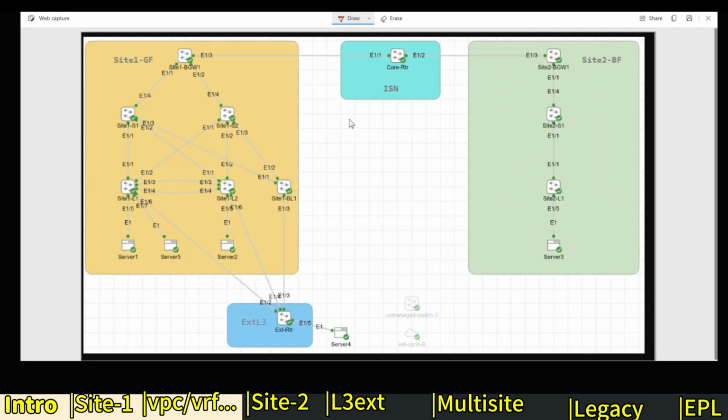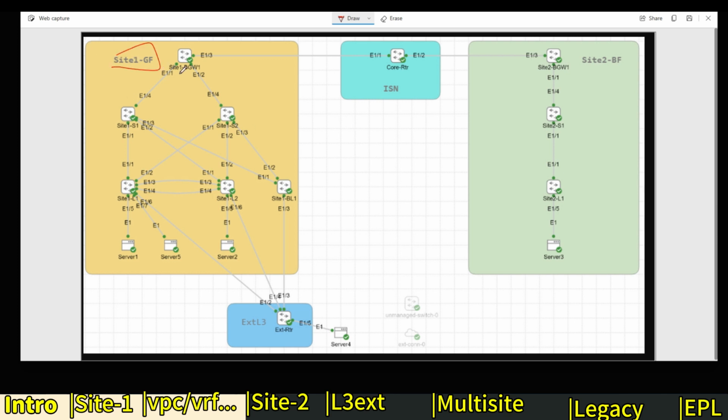Hello, let's take a look at my diagram again. The next step is to import and deploy brownfields into the fabric controller. This is my site 2 fabric. A brownfield to fabric migration needs me to follow best practice on the existing fabric to maintain the consistency of the overlay configurations. Like a greenfield,